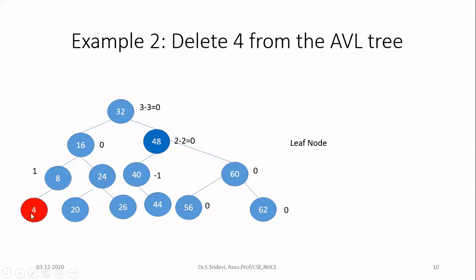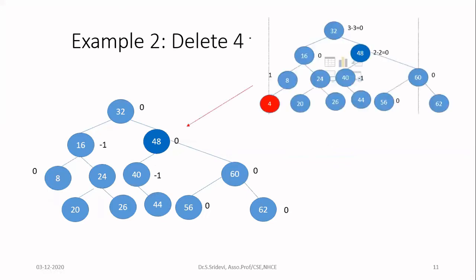When you delete the leaf node, just replace the corresponding link of its parent with null. So here 8 is the parent, and 4 is the left child of 8. So I will replace the left pointer of 8 with null. This is before deletion. After the deletion is over, this will be my diagram. 8 is now not having any left child. Now the deletion process is over.